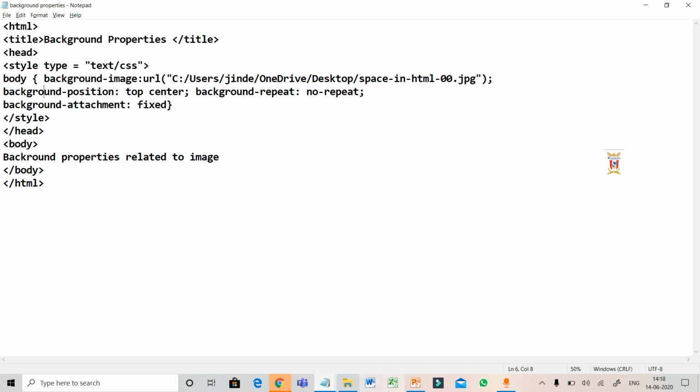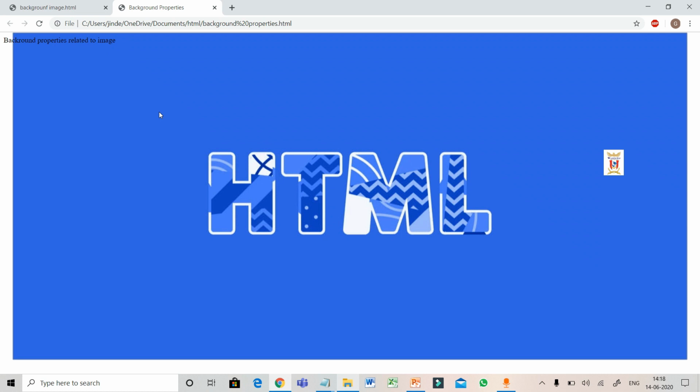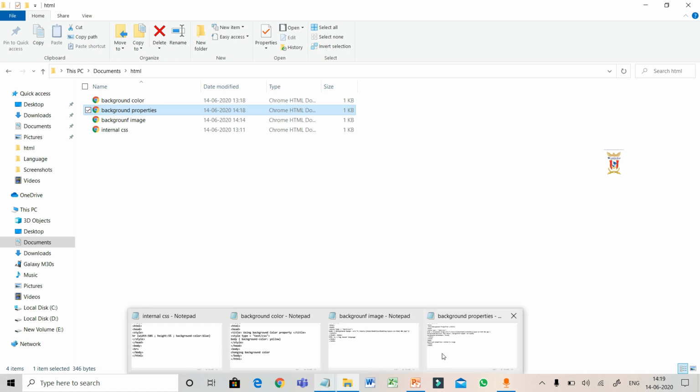Now let's run this program. Now you can see this image is not enough for this page, so there are some spaces left on the edges and the text is mentioned here, background properties related to the image. So here, if I make some changes,